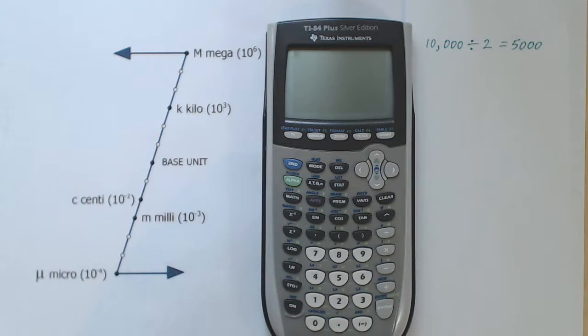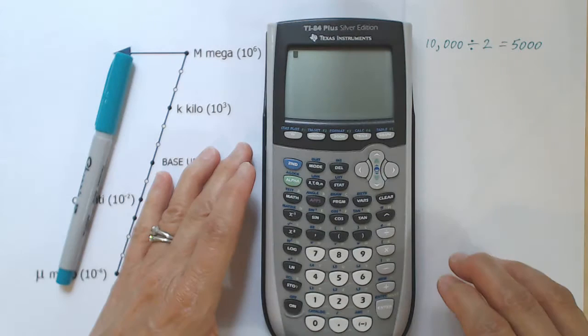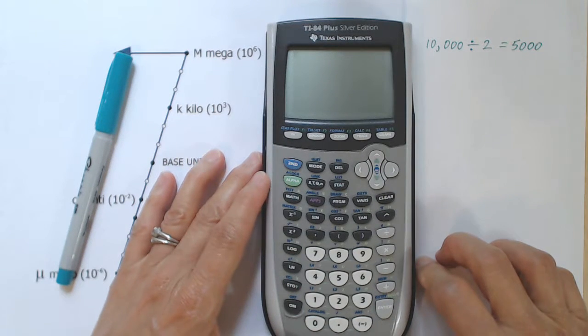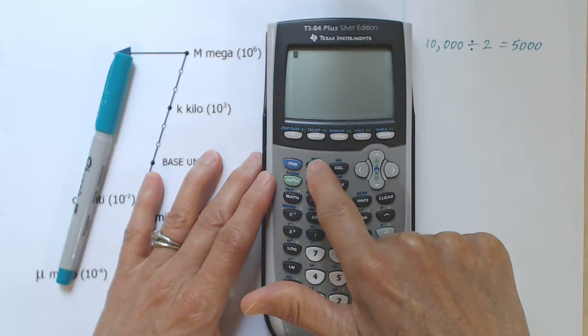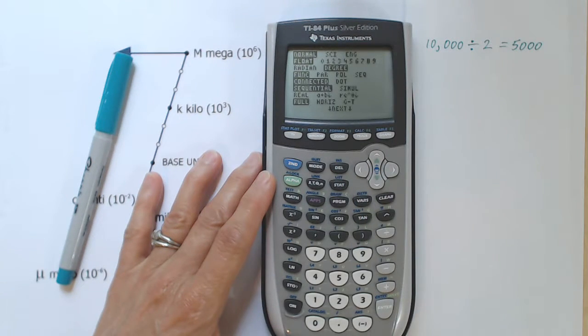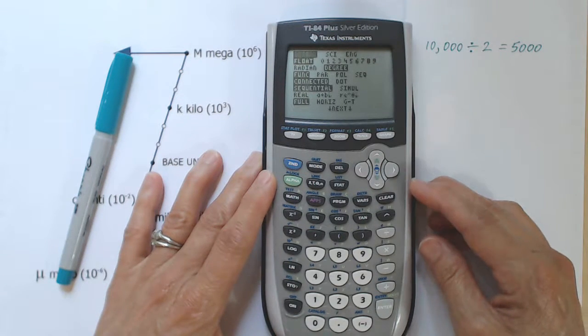When we do physics problems, we most of the time are going to need to express our answers in scientific notation. And so to work with calculations involving scientific notation, we frequently need to set our calculator into scientific mode. To do this, we'll go to the Mode button. And this, of course, can be done on any calculator, but we feature the TI-84 in our classes.